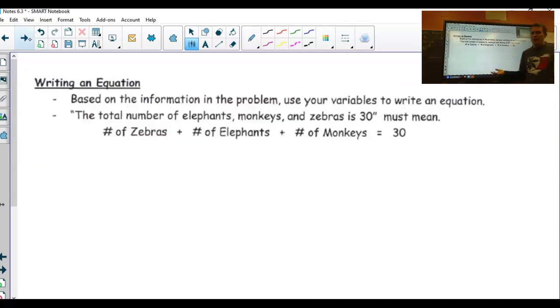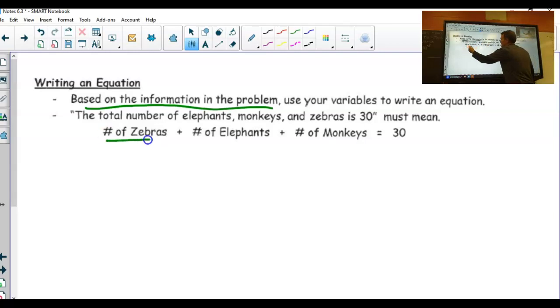So I know the equation is already written at the top, but how did we get that equation? Well, we got it based on the information in the problem. They told us in the problem that the total number of elephants, monkeys, and zebras was 30. So if I take the number of zebras and elephants and monkeys and I add them together, I know it